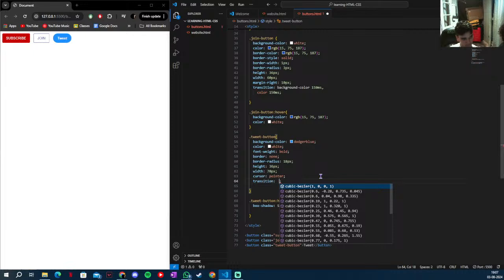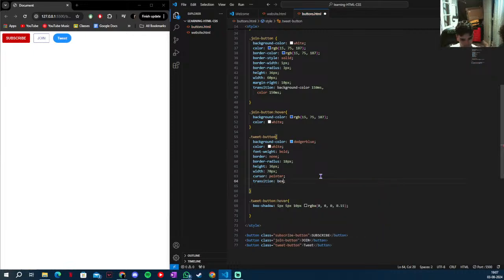Now the last thing we're going to do is to transition the shadow. So we can actually transition the shadow pretty easily by just adding the transition property. And we're going to tell it what we want to transition and how long. So we want to transition the box-shadow